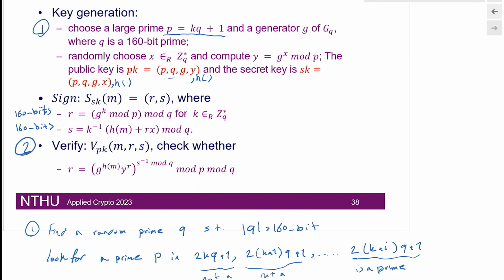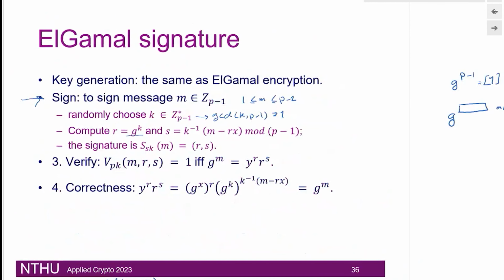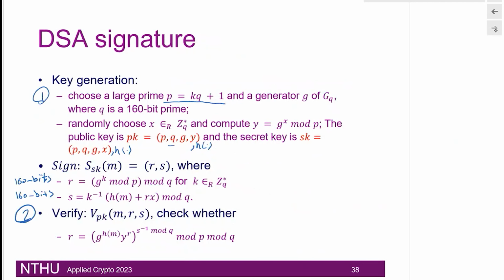So if I go back to check the same numbers for ElGamal encryption, we don't do that. We do those computations mod P or mod P minus 1, almost the same group. And then we said that the P that we choose for Z_P could be quite large, maybe a few hundred bits. So it turns out that DSA has a little bit more efficiency in terms of the size of the